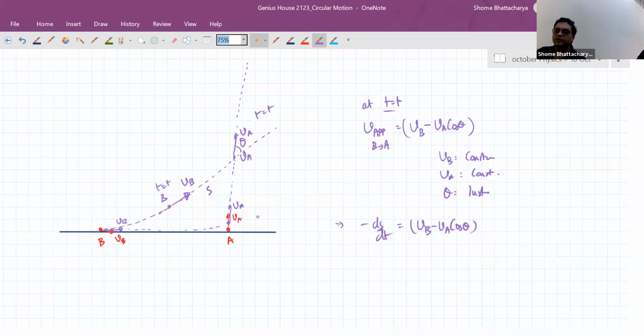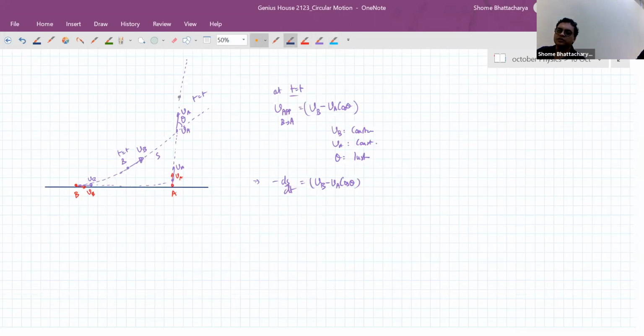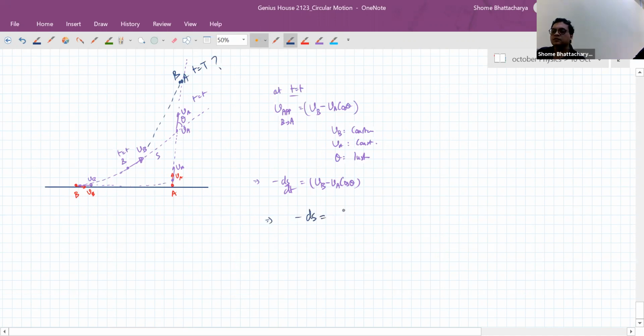Now if I try to integrate this, let's say that after a certain period of time, this has gone on like this and curved, and they finally collided here. Suppose they collided at some time capital T. That's what we want to find, the time at which they collided. If I now integrate this, of course I won't directly be able to integrate, because I don't know theta as a function of time. But if I set up the integration, at t equal to 0 the distance between them was whatever this d was, but at that unknown time T, the distance should have become 0.